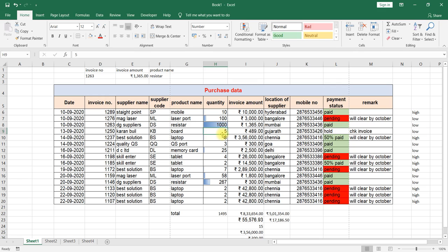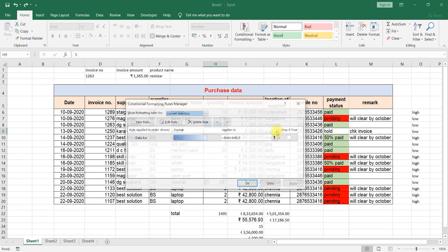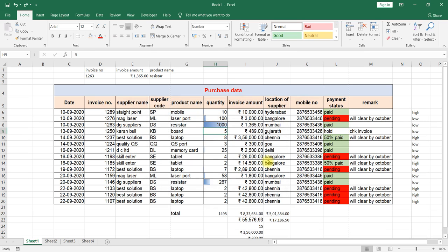If you change a value to 50, it will change this, and if you change it to 500, as the quantity changes, the length of the filled area will change. This is how we can utilize the different types of conditional formatting. If you would like to clear rules, you can manage your rules anytime using this option.